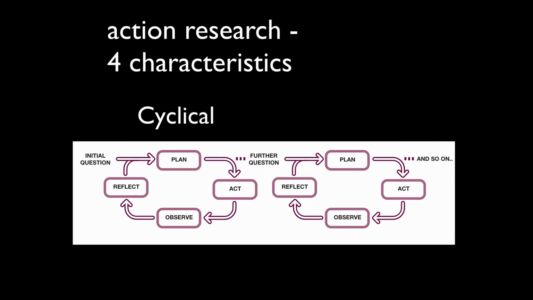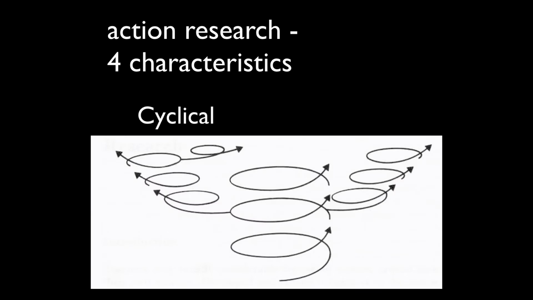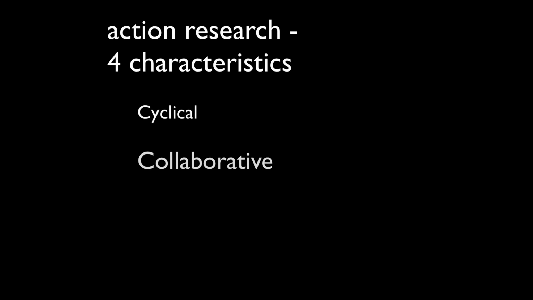Now, that's all nice and neat. It's often not like that, and researchers into action research and those who have actually used action research find that it's often not as clean cut as these very clear, obvious 4 steps. But the point being, in this diagram, it's more like a spiral, but the spiral is moving upwards. So there's some sense of progression from it, not just going around and round and round in a circle and going nowhere. There's some sense of movement to it, and that these steps are pushing you forward or pushing you up, or whichever direction you want to talk about. We will explore that slightly more in a minute.